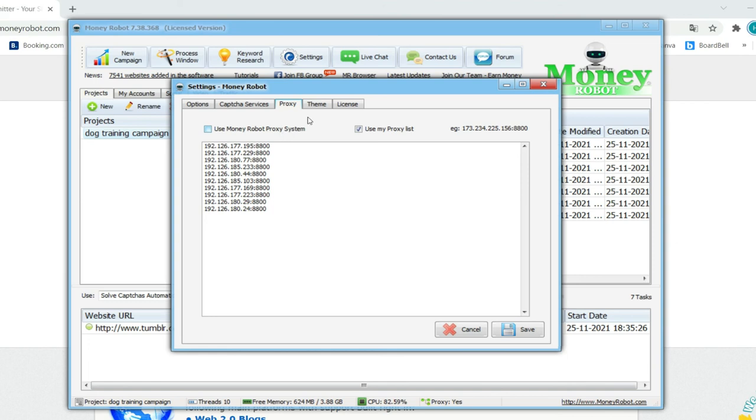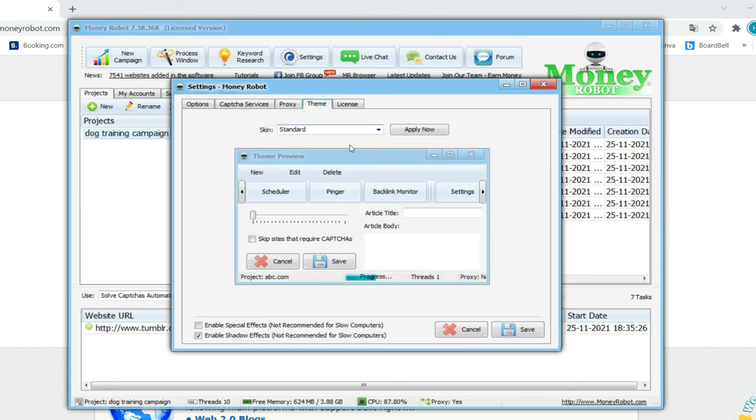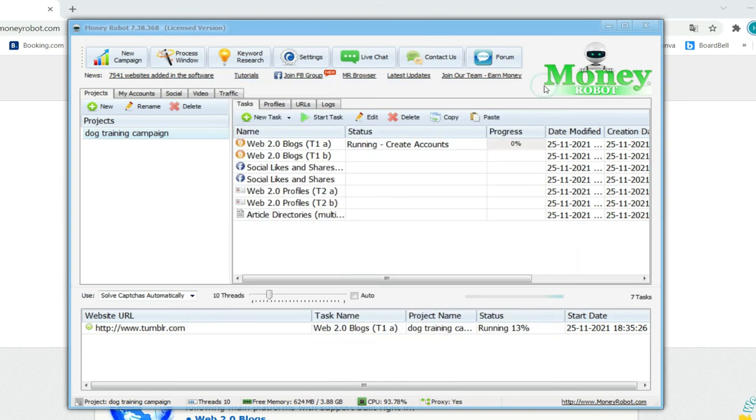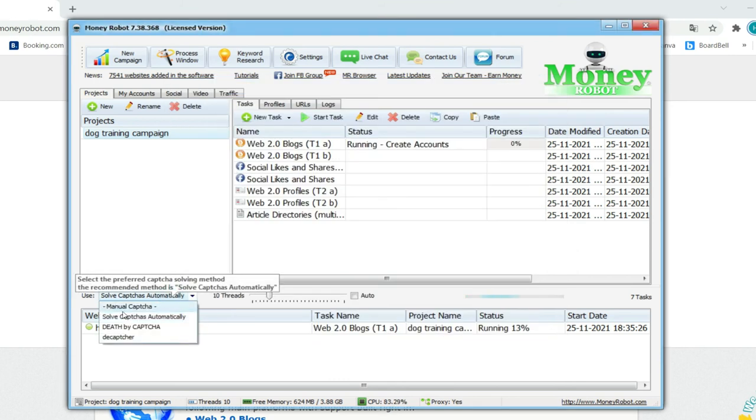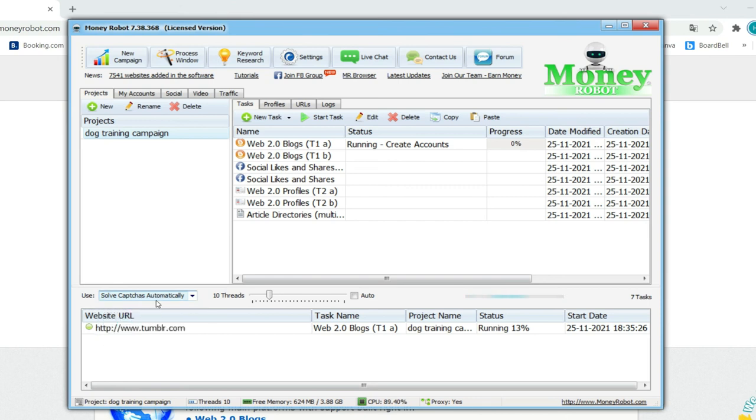And here is the theme option, you can change to different themes. Also this captcha service is freely available in Money Robot. So this one is automatically creating accounts.